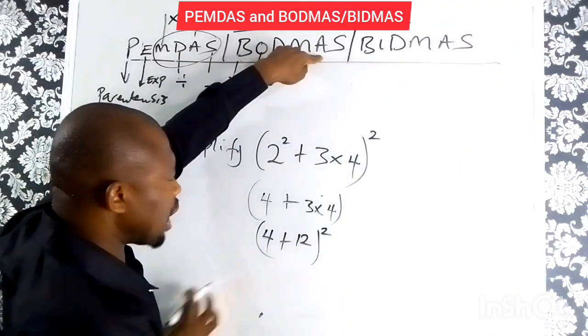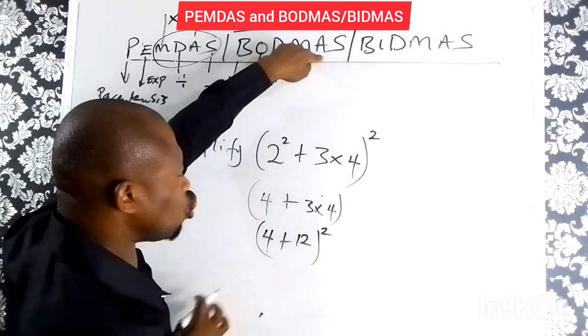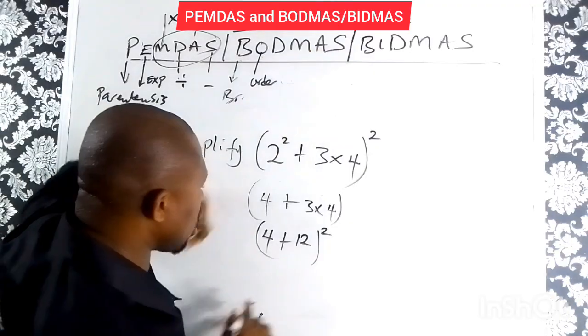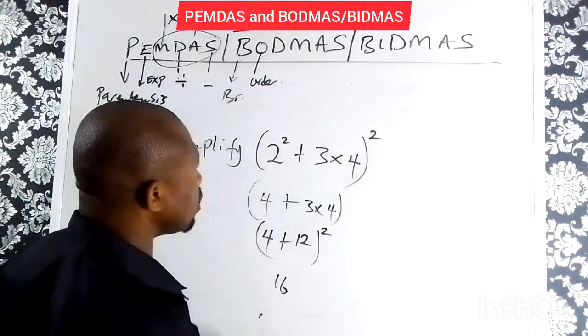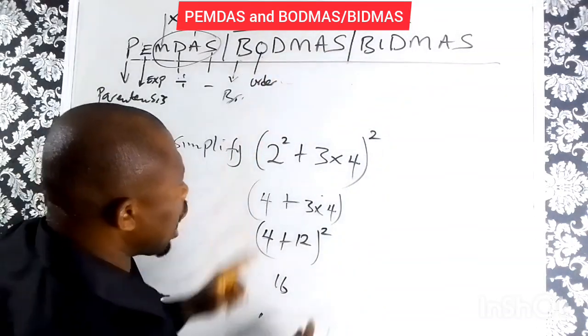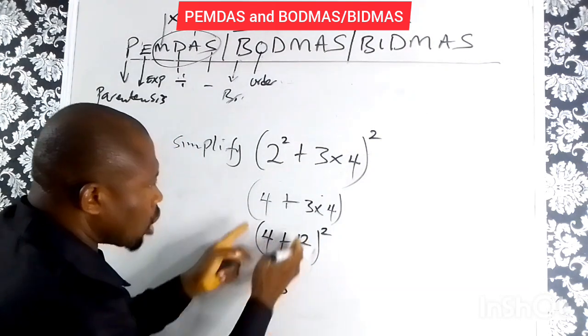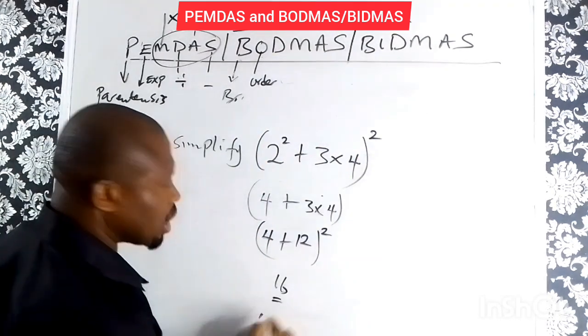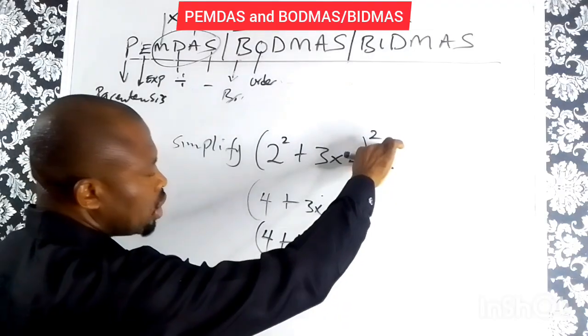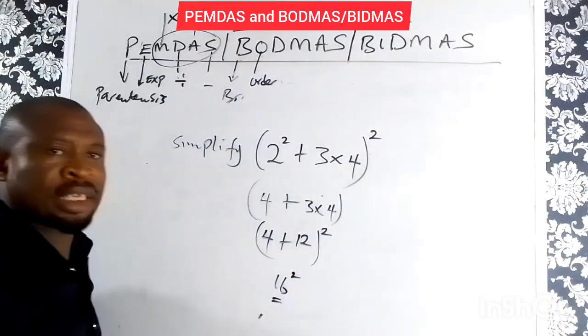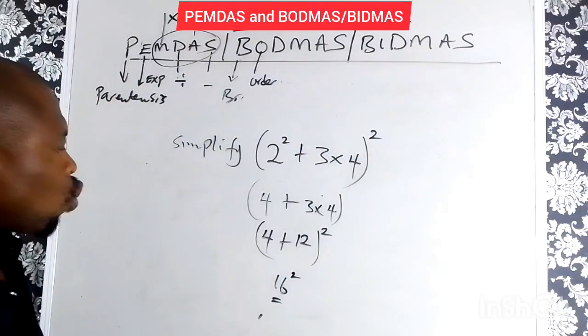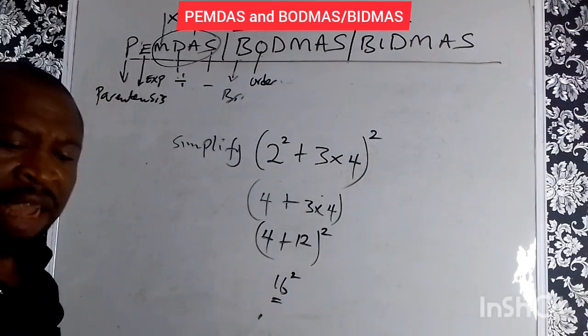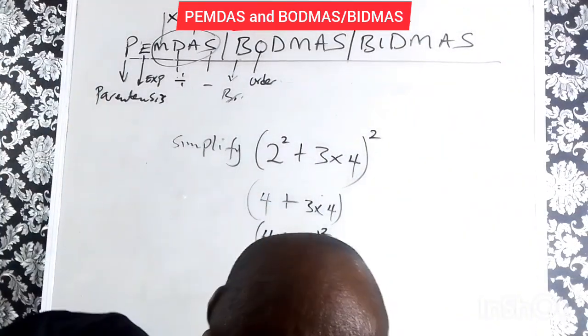Now the next one is the addition. Now addition, 4 plus 12 will give us what? 16. Now there is no subtraction. The result of everything in bracket is 16. Now we take the square sign. 16 squared will give us 16 times 16, which will give us